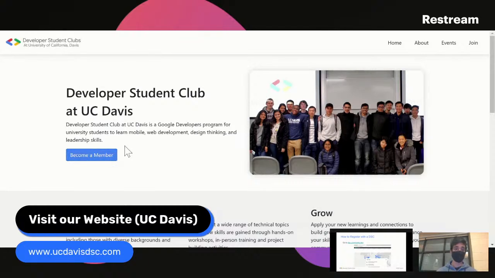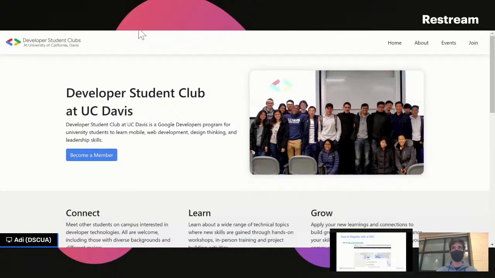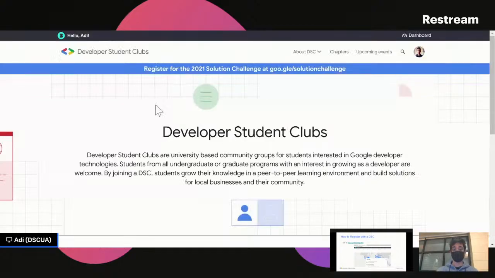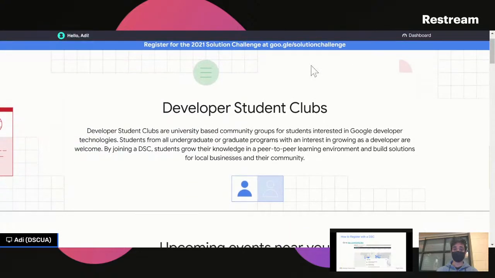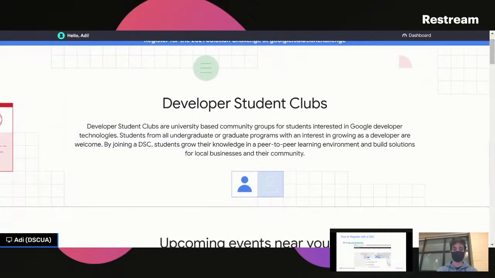If, however, you are not a UC Davis student and you want to find the university closest to you, then what you would do is go to dsc.community.dev. That will bring you here. You can see there's a solution challenge thing right there.